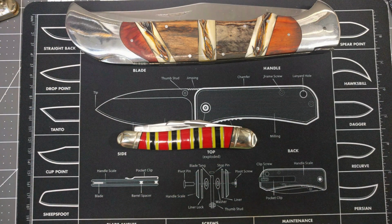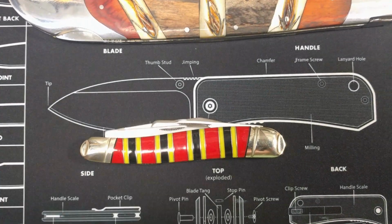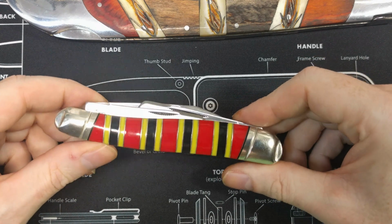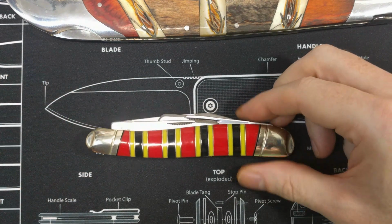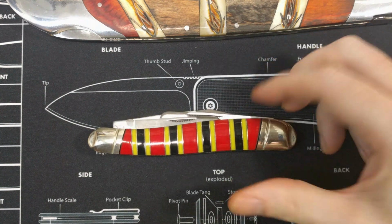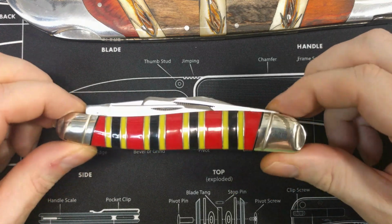Now let's look at the knife. So first thing you notice is the kind of out there handle, right? A little wild, a little loud, a little proud. May not be everyone's tastes. This is probably the only one I'll be buying in this series. Not really interested in getting a bunch from this, but I do like the jumbo Stockman, so I wanted to